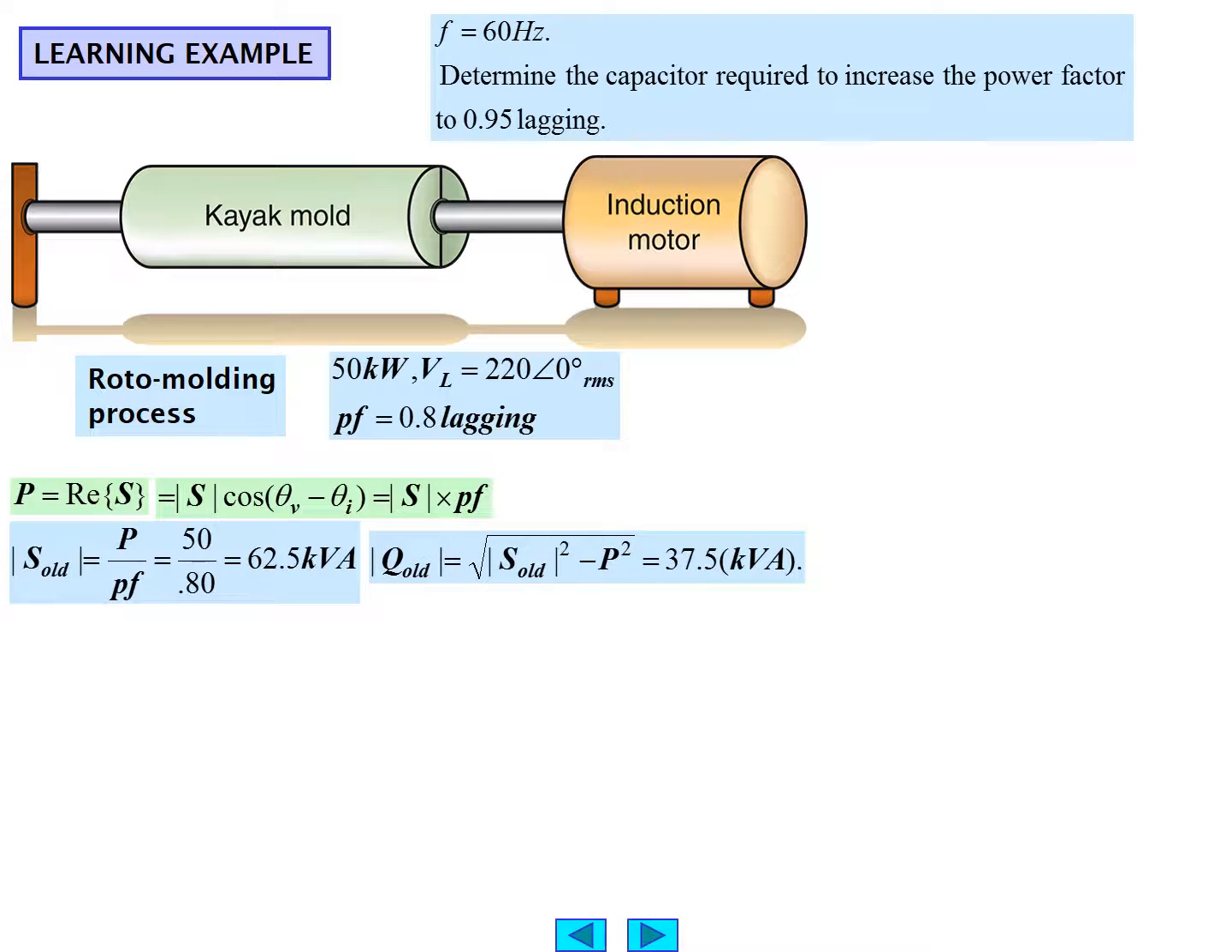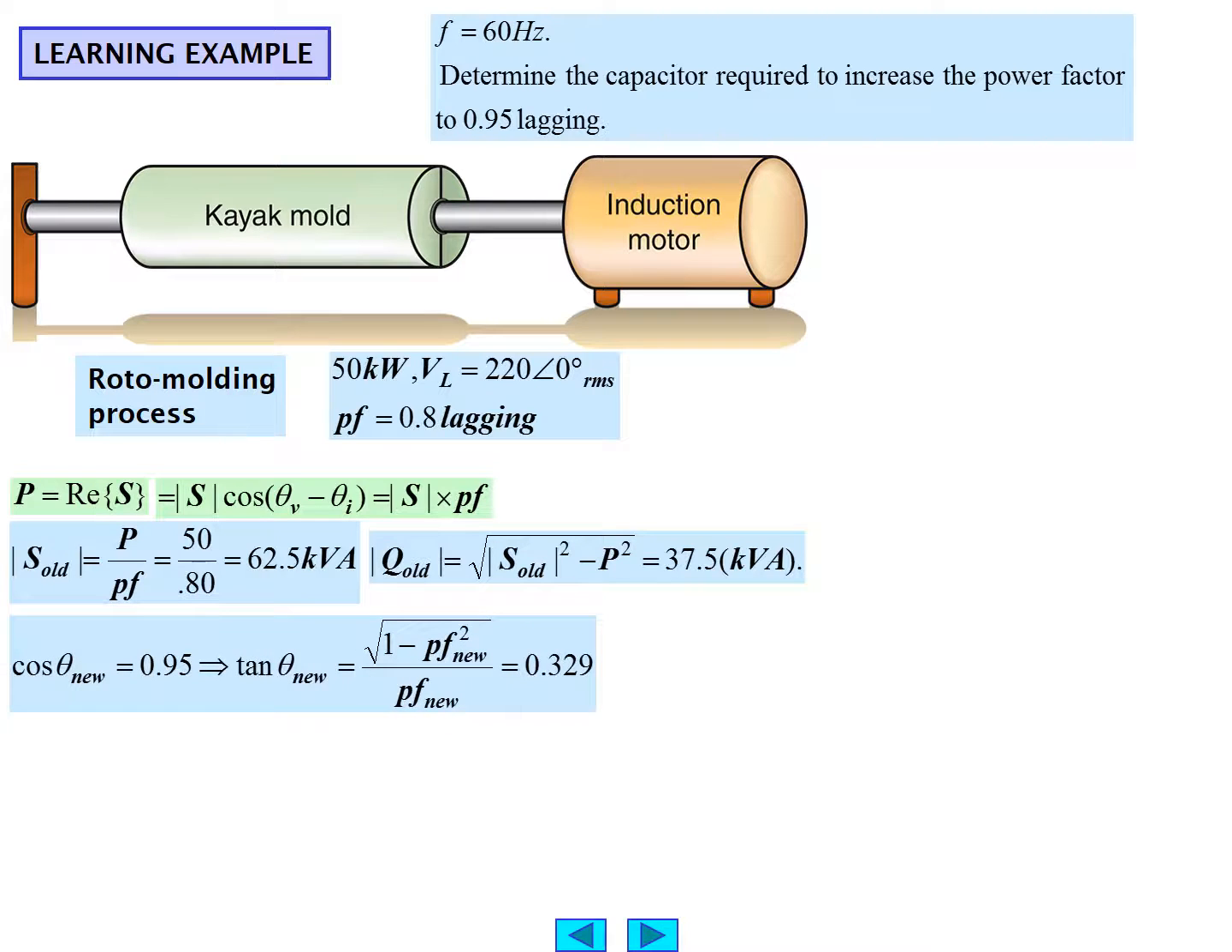The magnitude of Q old, then, we've done this before, can be found by taking the square root of the magnitude of the complex power, S old squared, minus P squared, and the answer is 37.5 kilovolt amperes. Cosine theta nu, then, is supposed to be 0.95, therefore tangent nu would be the square root of 1 minus the power factor nu squared, divided by the power factor nu. That gives us 0.3